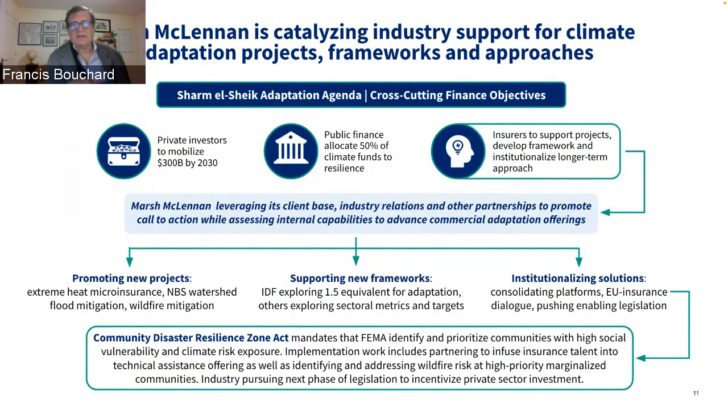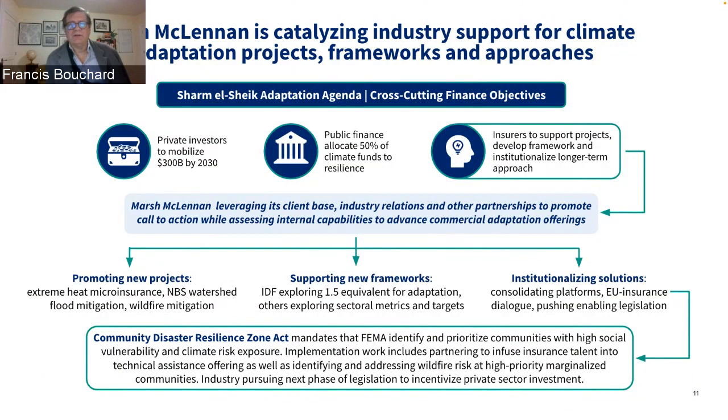And it really started last year in a dialogue we had with the high-level champions for the UN Climate Change, in their Race to Resilience initiative. We started talking about how could we really start to organize the insurance sector and apply the collective capabilities that the sector has on these topics, perhaps more consciously and, again, at the system level as opposed to the individual property level. And that really led to a dialogue in Sharm el-Sheikh with a number of industry leaders